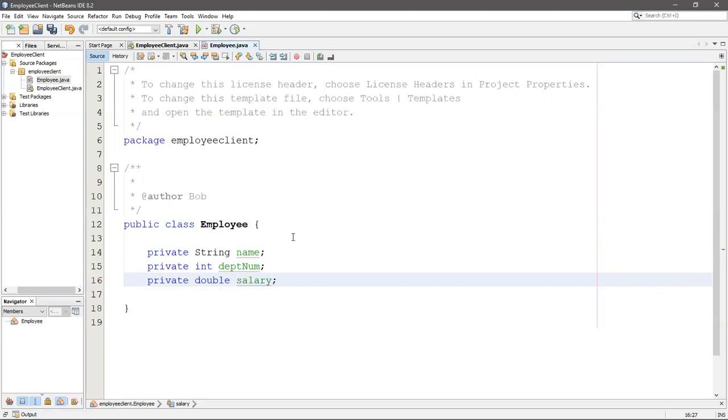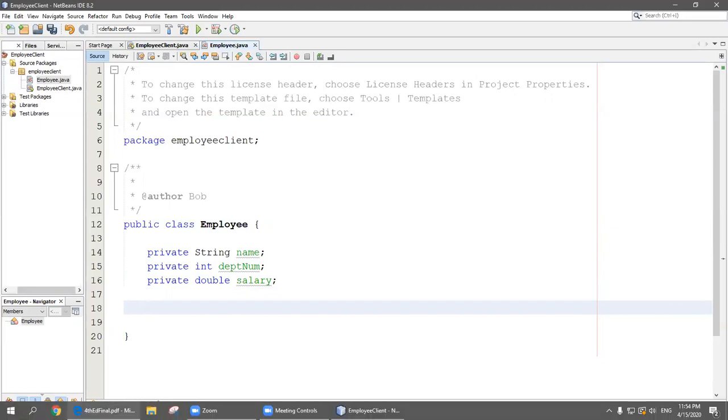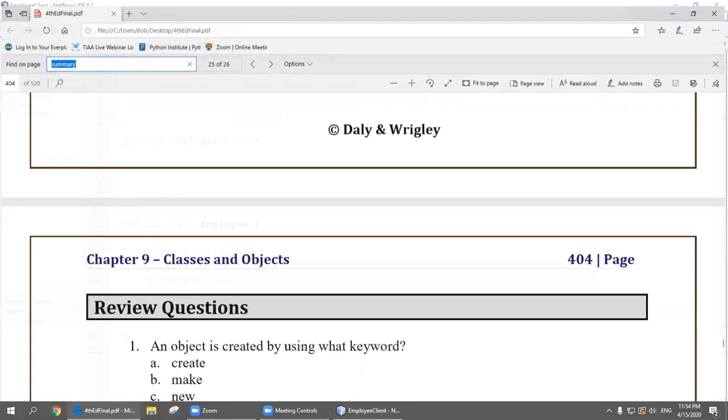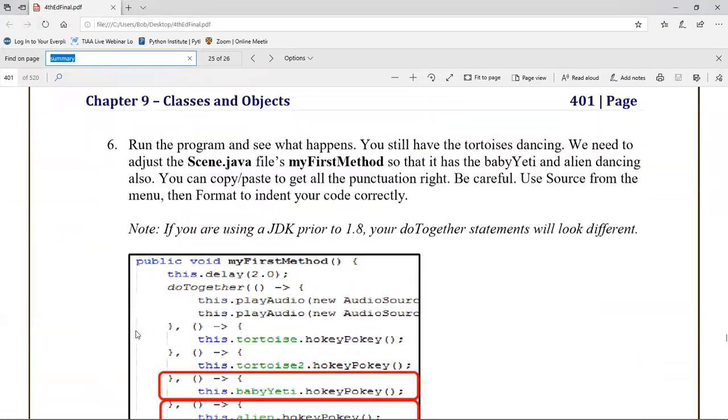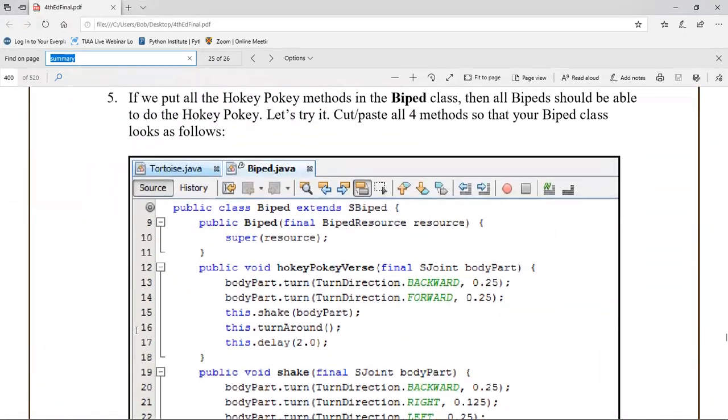Then you would have to create a constructor, and remember the constructor is the same name as the class. I recommend that when you're building your stuff, you go back and look at an example. You can just go back to your book, and this is a great example that she's got here for almost any